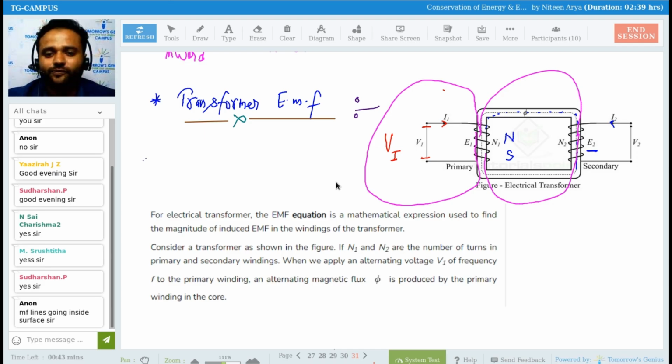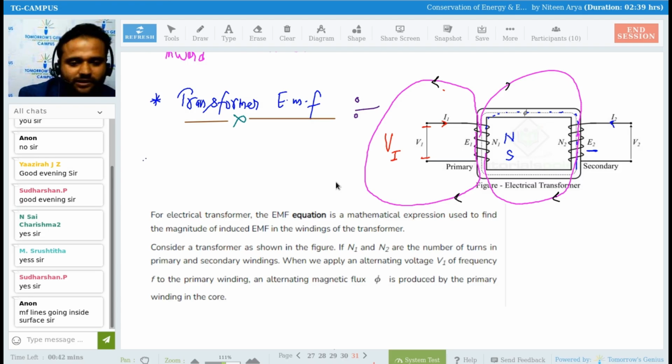Okay, look. In this way, whenever I apply a current, there is a magnetic field, and whenever there is a magnetic field, it becomes north, south. So there is a flux passing through this. I repeat, I apply an alternating source, or you can say an alternating current carrying source, or AC voltage.